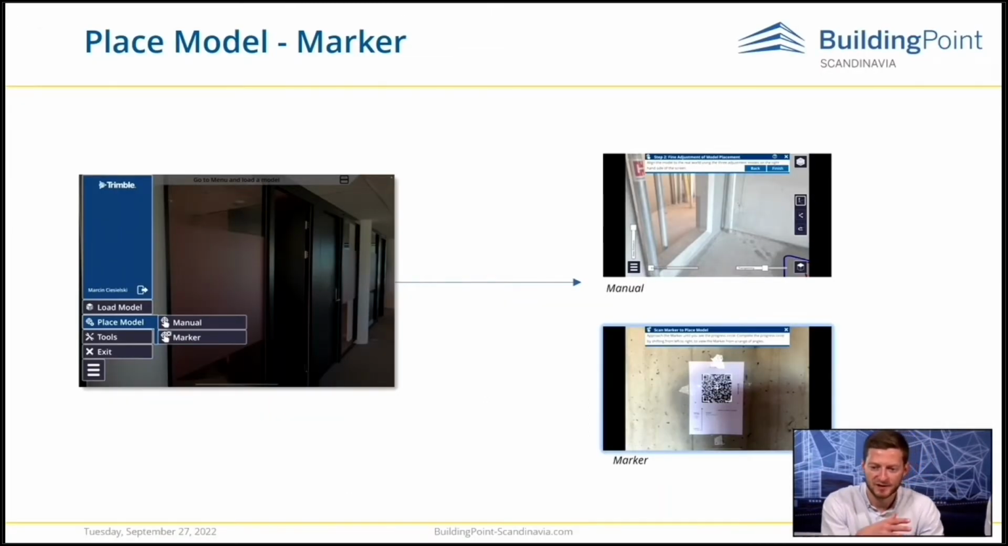So first we have placed the model manually. Then in order to place with QR markers, we have downloaded the marker extension, added QR marker to the model, downloaded PDF and placed it on the site. So now we can see how the whole process, including placing the model with the QR code, looks like. And